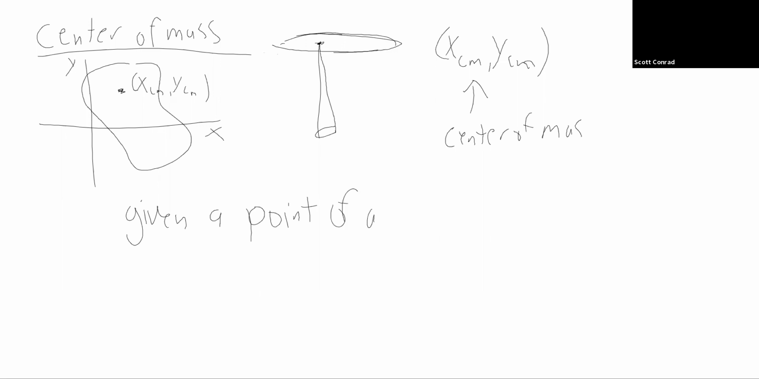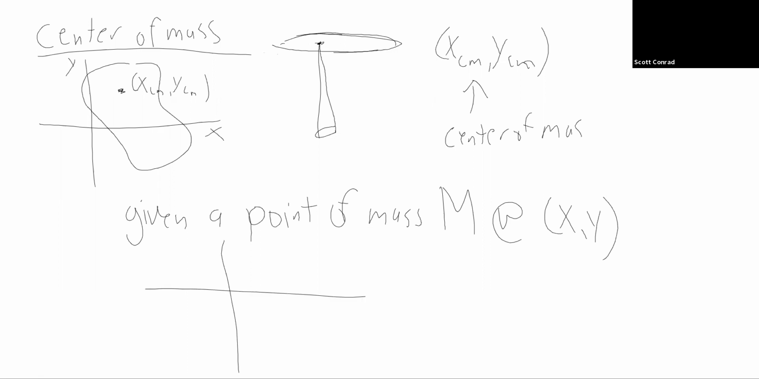So given a point of mass, our point is at (x, y) and it has mass M. We can look at the moment about the y-axis and the moment about the x-axis. So if you think of attaching this point with a thin massless rod to the y-axis,